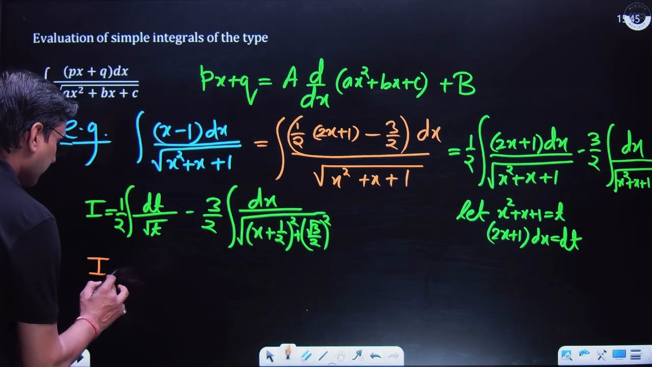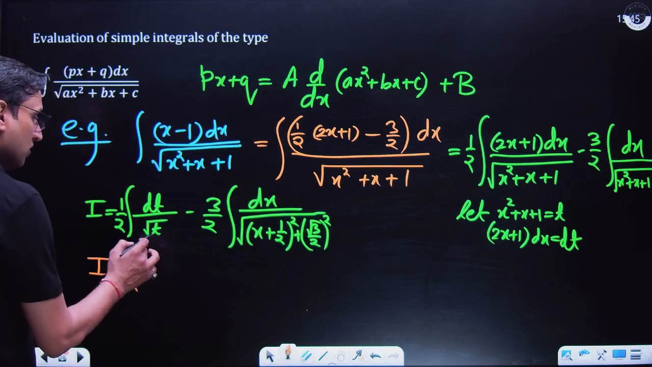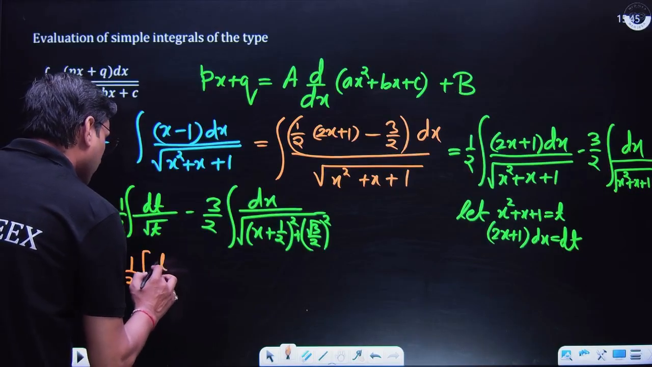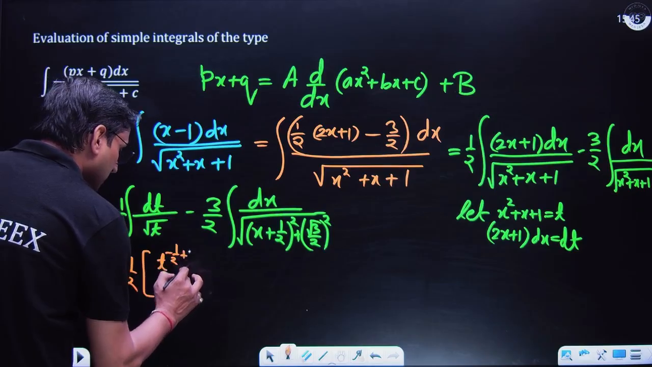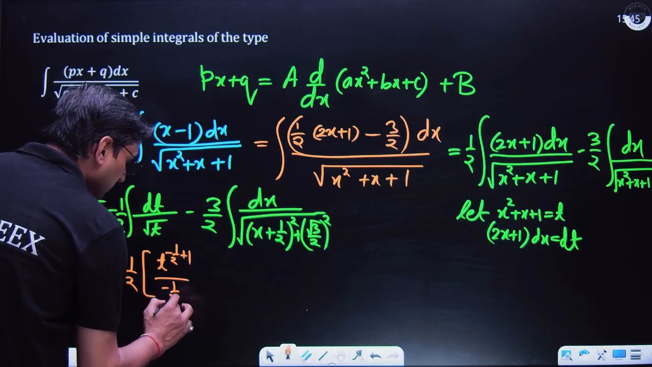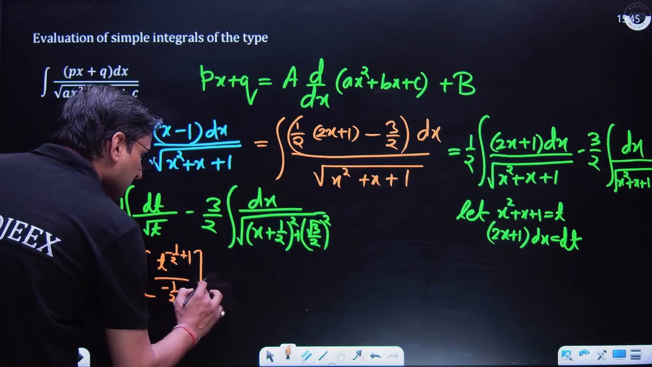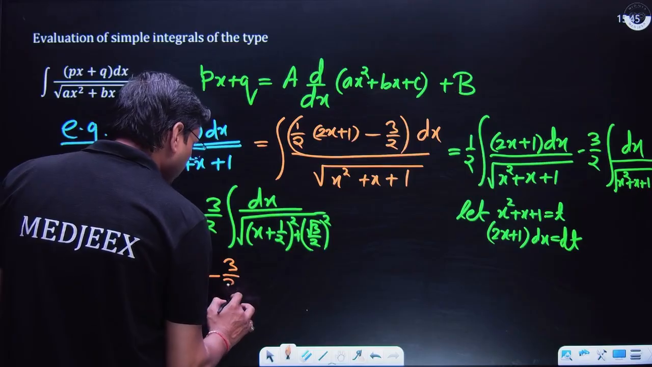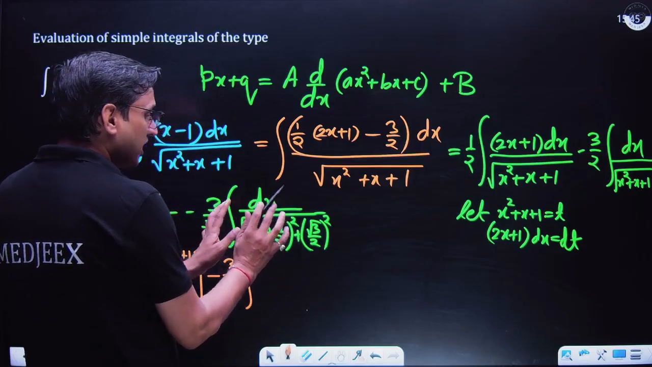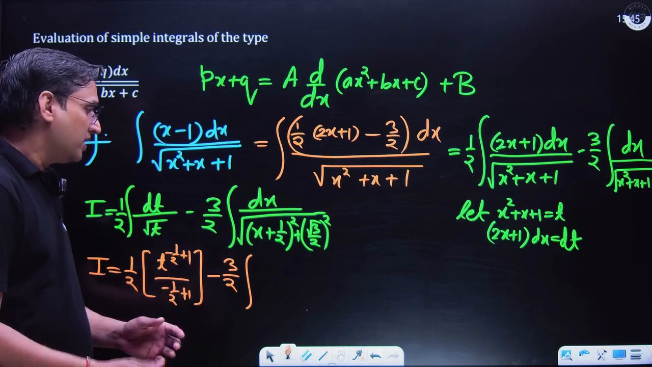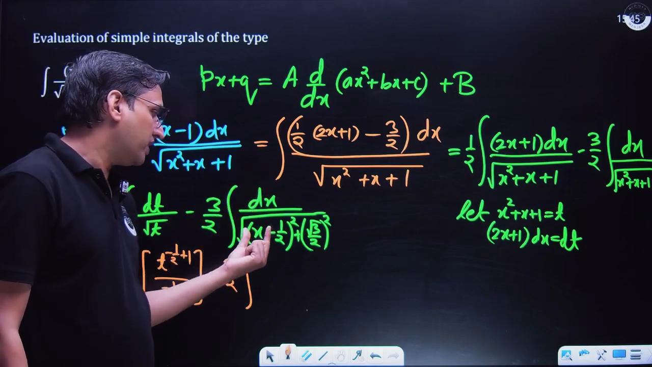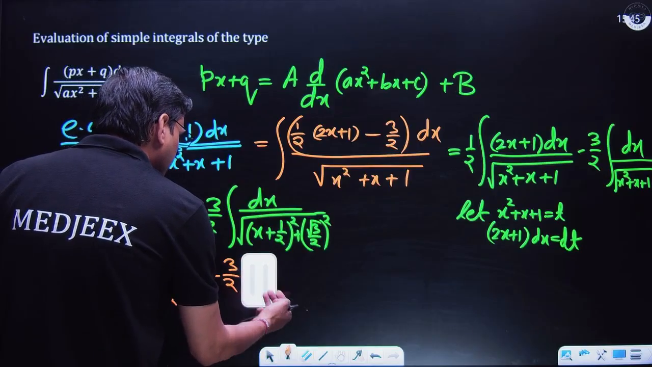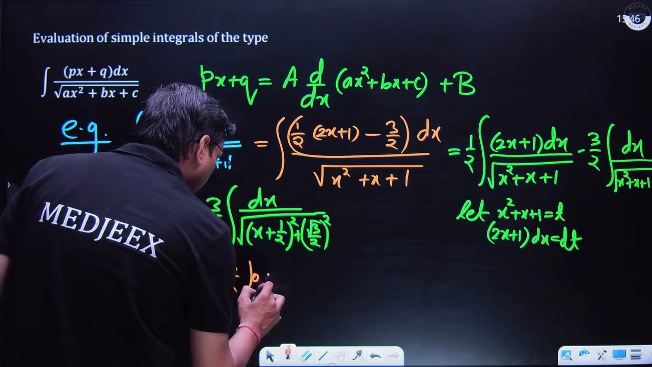Then I will be written as 1 by 2. Integration of root t will be what? It will be t to the power minus 1 by 2 plus 1, divided by minus 1 by 2 plus 1, and integration is over for this particular step. Now minus 3 by 2, and how can you integrate this? This is nothing but dx upon root over x square plus a square, so the final integration can be written directly as natural log of